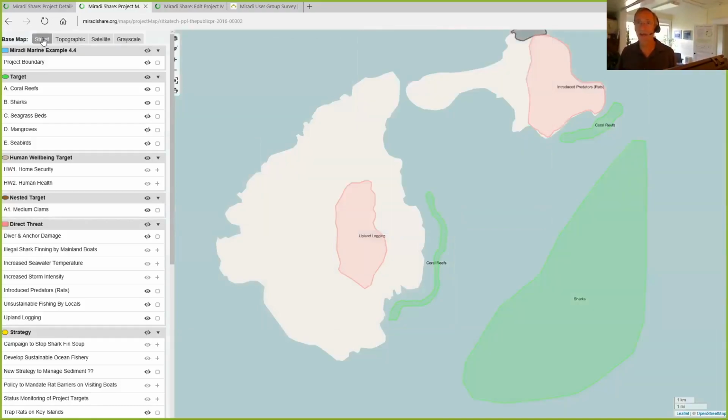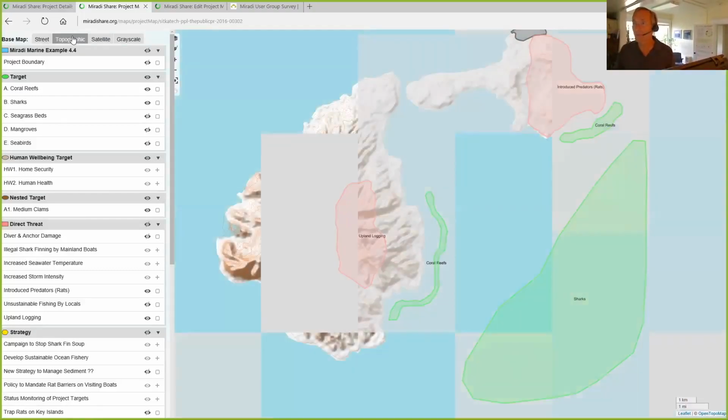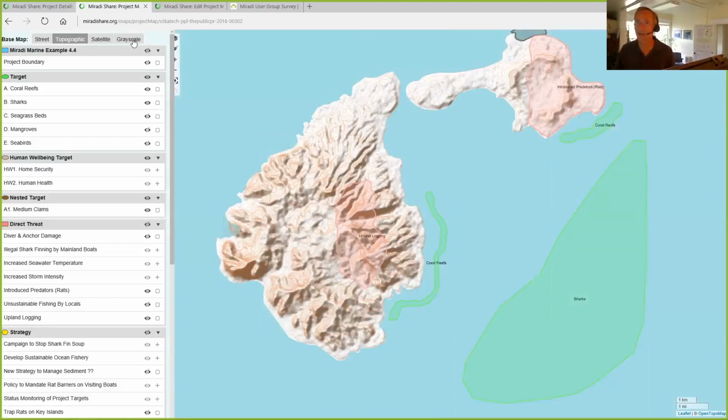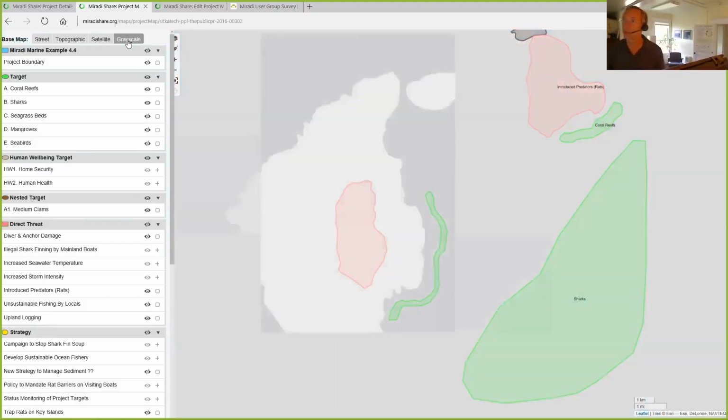What we're looking at here is a street view, which in most cases would have roads and cities, but this is an island out in the Pacific that doesn't have that. There's a topographic map that you can use as a background. And then sometimes it's helpful just to have a really plain gray background, which you can